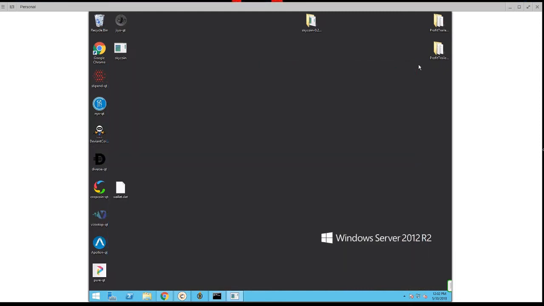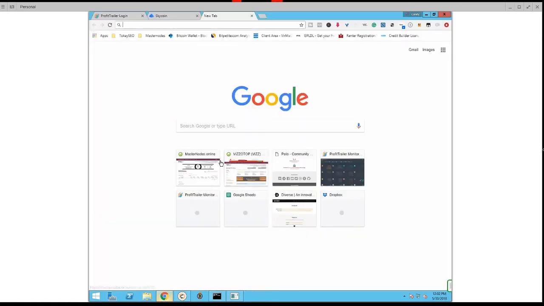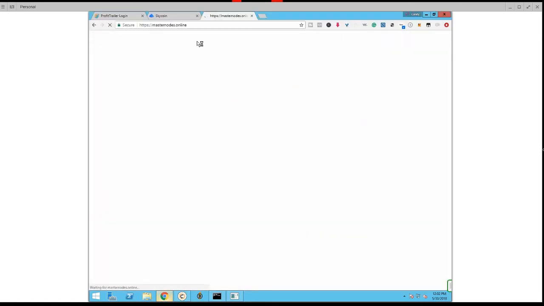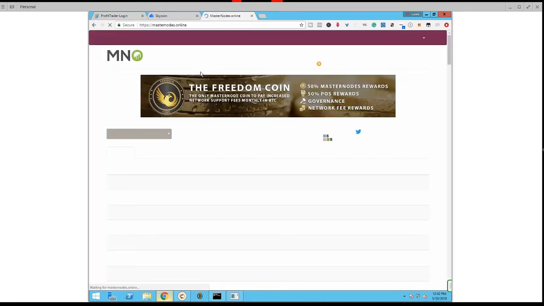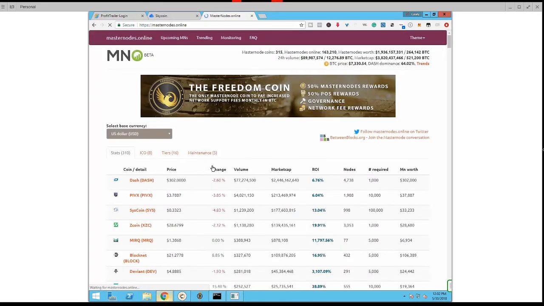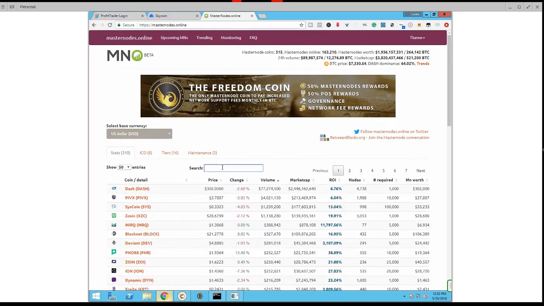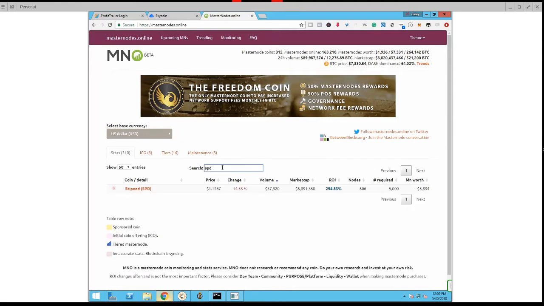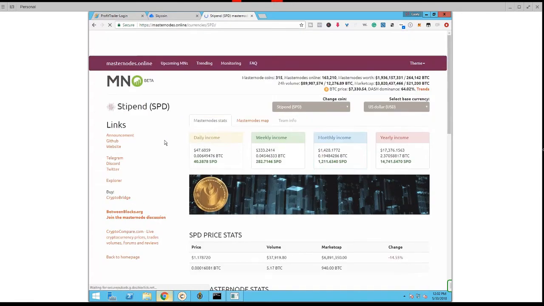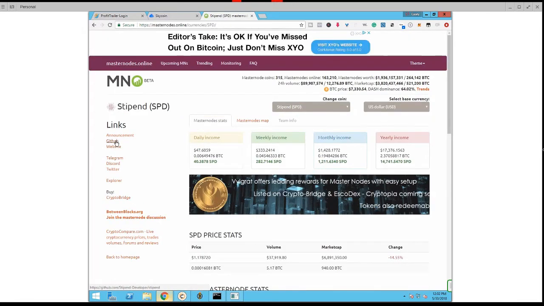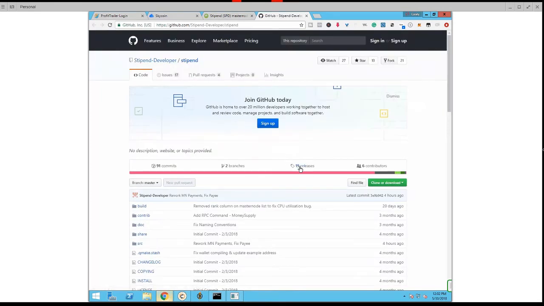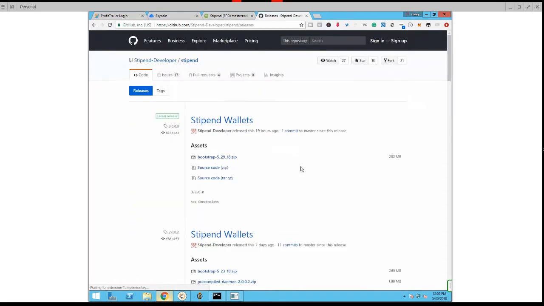I'm going to go ahead and close it. We are going to bring up masternodes.online. Going to make sure that we're actually on the right wallet version. So SPD. I think this one's on its website, but we're going to check the. Alright, so